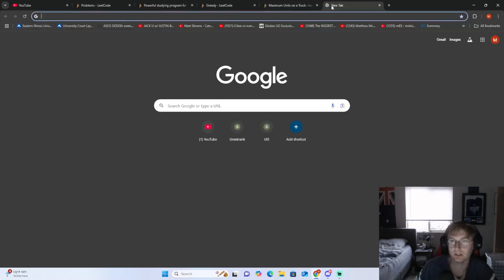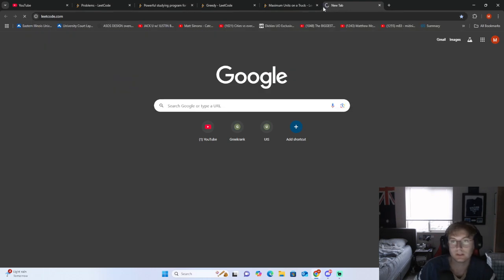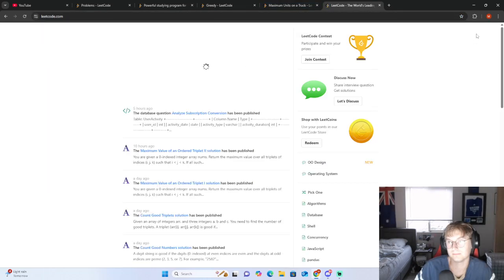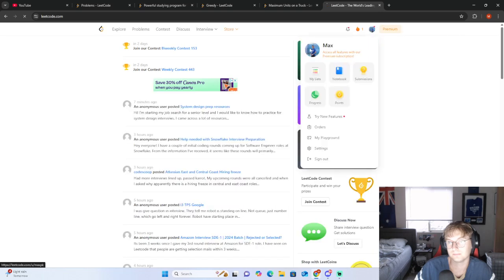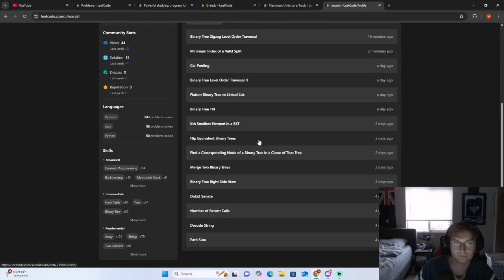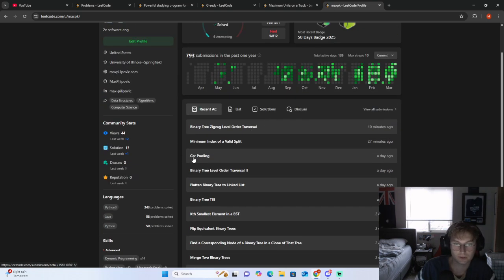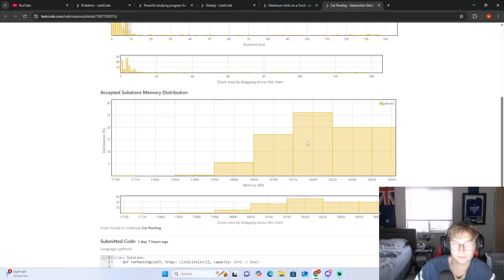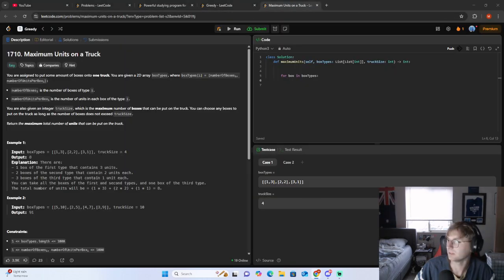Can't remember how we did this the other day. I don't remember. Carpooling. Bro, so bright. For box in boxTypes. What are we returning here? We're returning an integer, so let's create a res array. For box in boxTypes, we want to get, well,